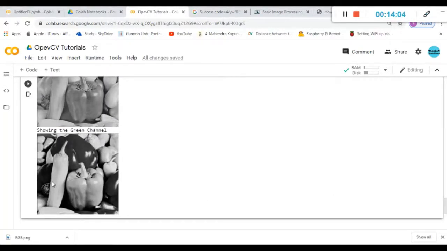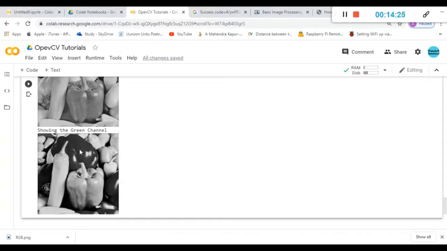And in the next image you can see wherever you had green, there you are able to get higher pixel values, and as you can see here, wherever it was red, it is showing black. Why? Because when you are showing the green channel, the intensity of the pixels represented by the red layer will be less. Therefore you are able to see black pixels in the place of red color, and wherever you had green, there you're able to see some bright pixels.